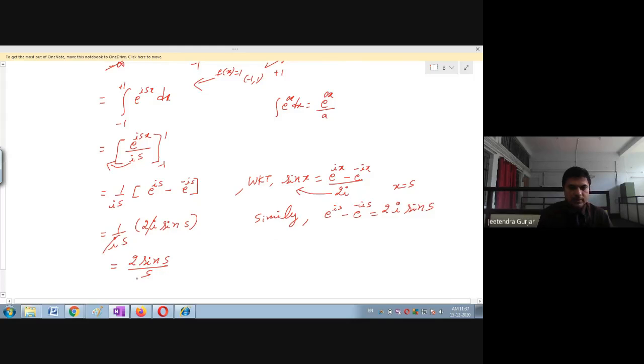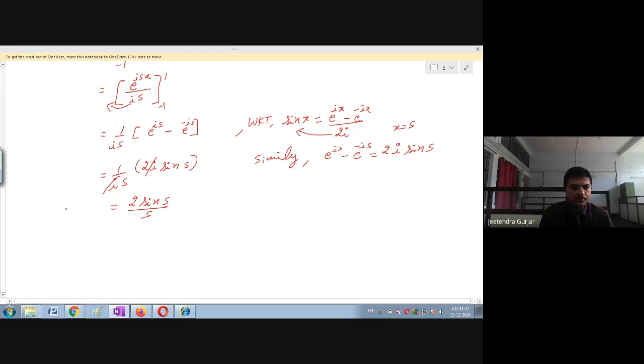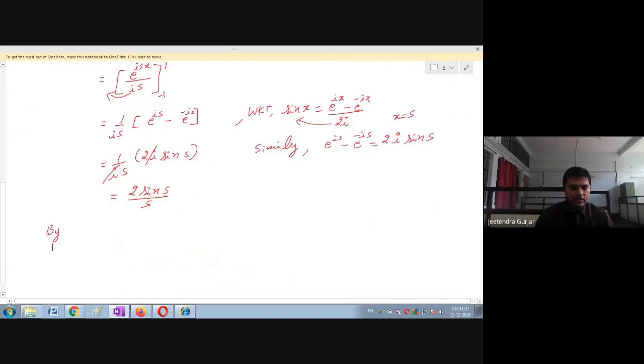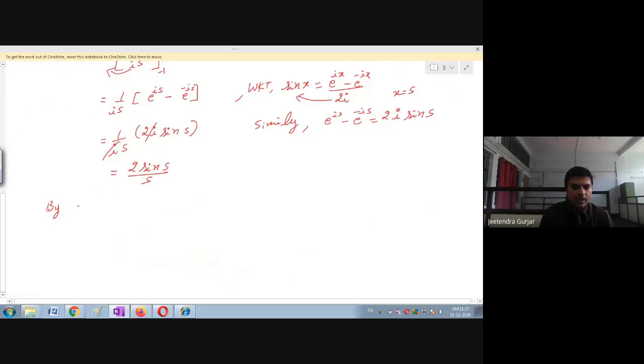So this is just the Fourier transformation. Please remember we are going to go for the inverse Fourier transformation, because we are going to evaluate the integral from 0 to infinity of sin x upon x dx. Okay, so this is the Fourier transformation, but to deduce the next equation I have to use